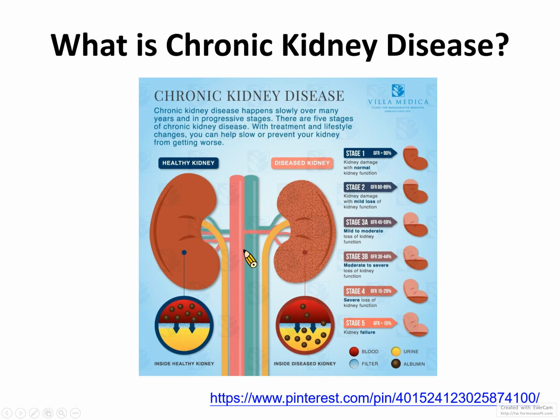But what is chronic kidney disease? Chronic kidney disease is a condition manifested by a chronic deterioration of the renal functions, the kidney functions. This may happen slowly over many years and can be differentiated into different stages. Currently, the guidelines for chronic kidney disease define 5 stages, differentiated by different conditions,